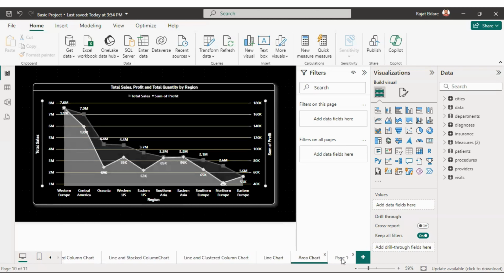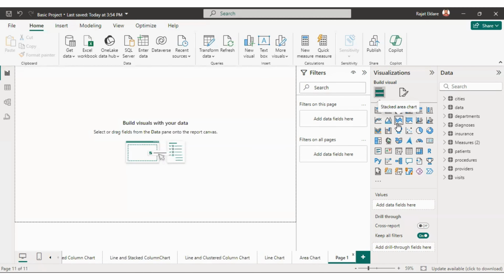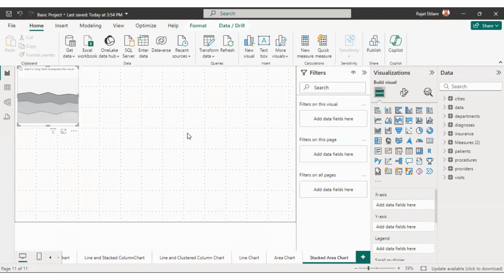So in today's section, we are going to learn stacked area chart, just like stacked bar chart and stacked column chart. I'll just rename this page as stacked area chart. Okay, this is done. Now, for creating stacked area chart, you just have to select this visual, click on it,